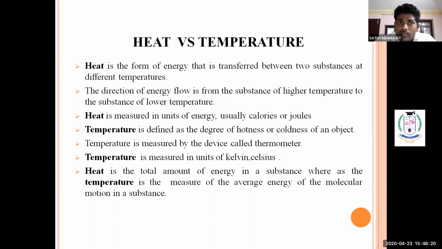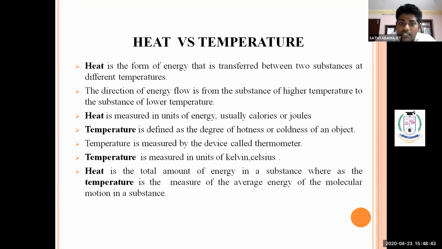See how heat is produced. For example, if I take two stones and strike them together, what will happen? Frictional force will be created. Due to that frictional force, the object, which consists of atoms and molecules, will have its atoms and molecules move faster. Due to that faster movement, heat is produced.